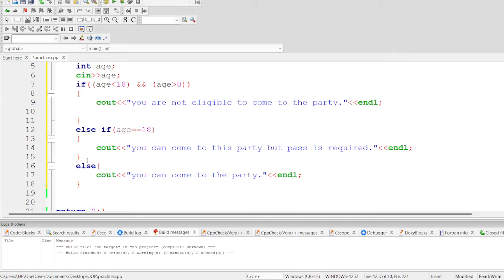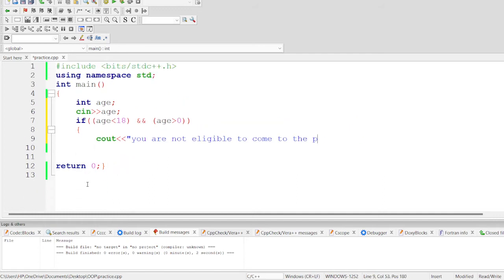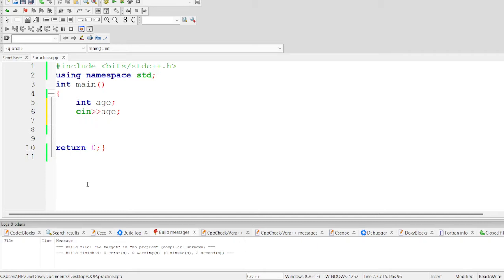I think that you have understood this point. Okay, so after that I'll go to the part that is switch case, and it is also important when we are dealing with certain type of cases. I'll use switch. This is the basic syntax, and I'll put the variable into the argument,